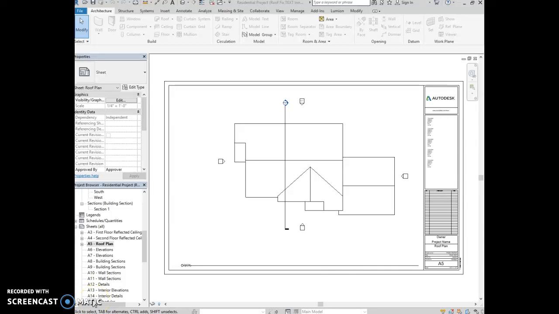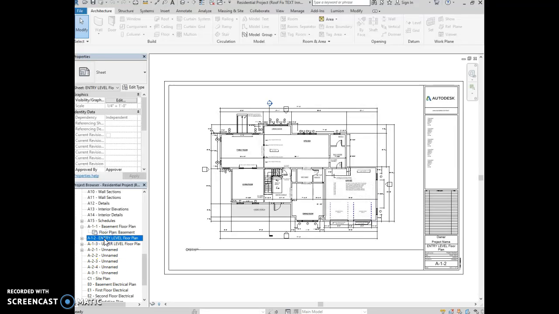Hi, I see that you made sheets here, but you didn't make PDFs of the sheets. If you take a look at the assignment instructions, it asks you to make a PDF. I would delete the sheets you don't need here. Some of them we don't need. I didn't ask for interior elevations or details, just to keep yourself straight. But if we can take a look at the ones that you did create, I'll try to give you some